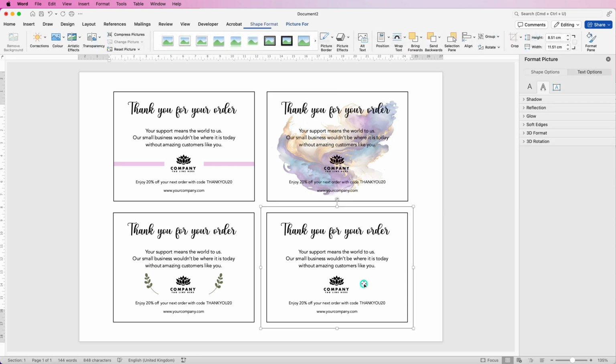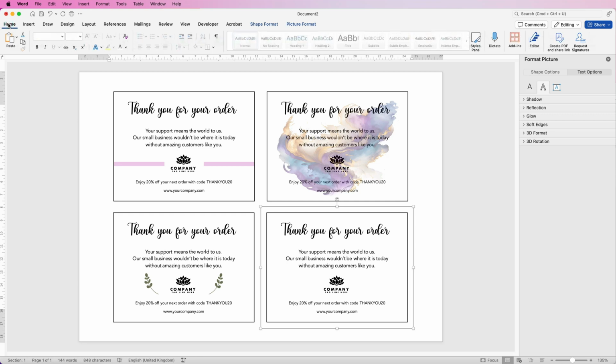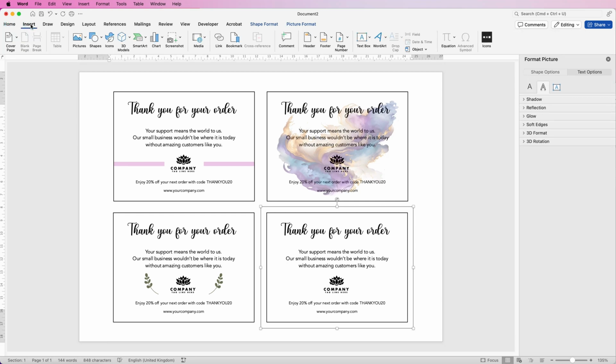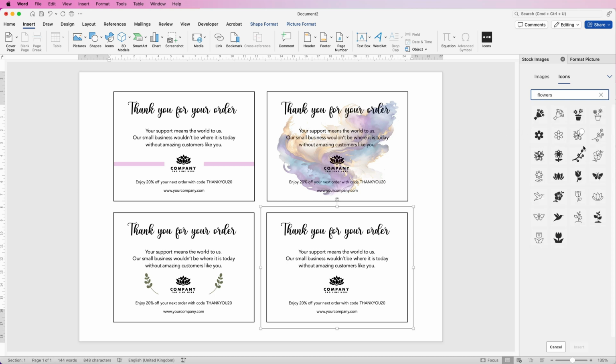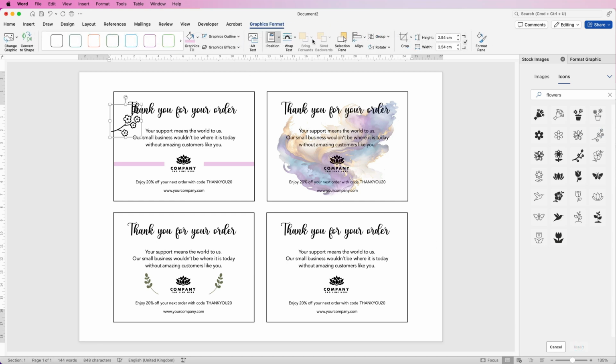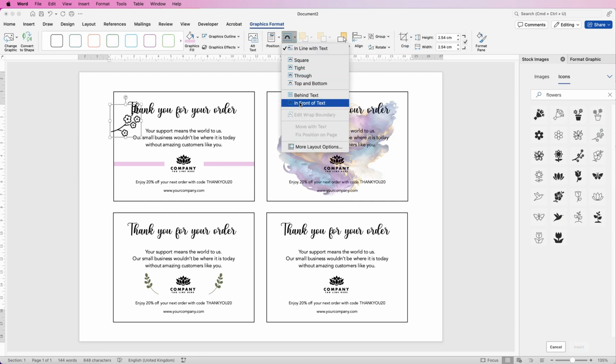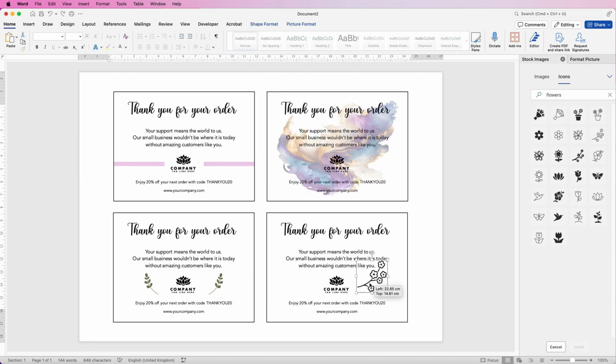Finally, for this one here, we're going to use Word's own graphics. So again, going to insert, icons, and over here you have the ability to search for numerous different icons. So I'm just going to type in flowers and then select this one here, click insert. Again, wrap text in front of text. Move that down, resize it, then copy and paste it across,